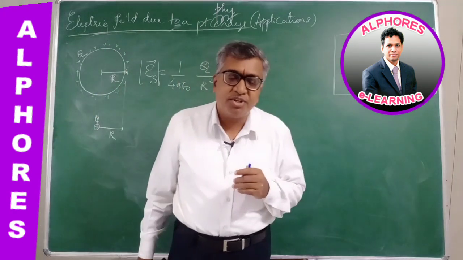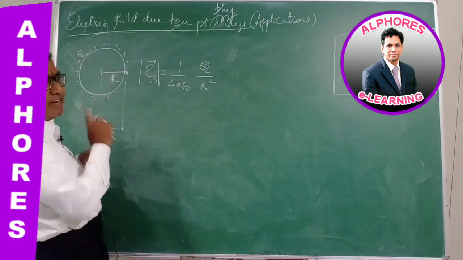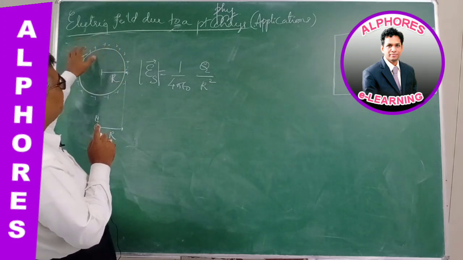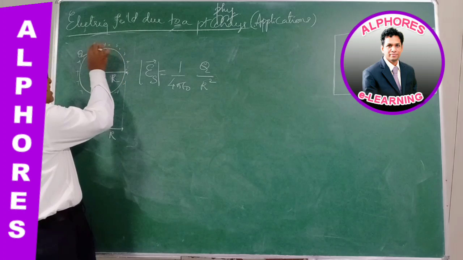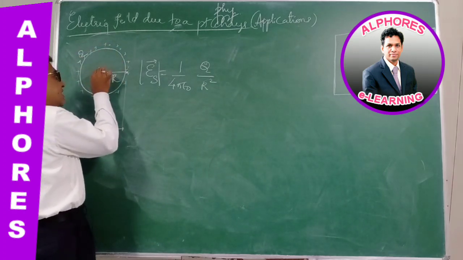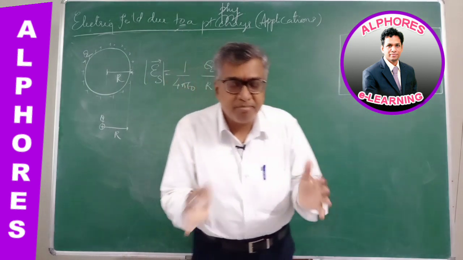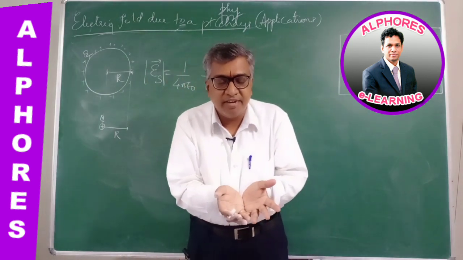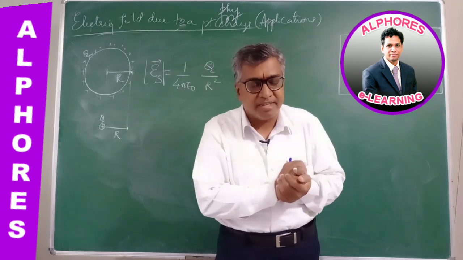The electric field due to a hollow spherical conducting shell, when the charge is uniformly distributed. When the charge is uniformly distributed, all the charge behaves as if it exists at the center. Like the center of mass in first year: for a uniform spherical body, all the mass seems to exist at the center, called the center of mass.